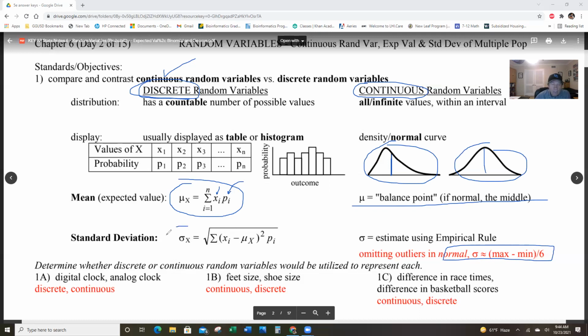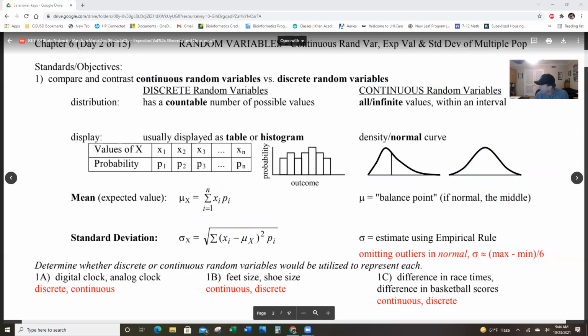And the standard deviation for a discrete random variable is every individual number minus the mean squared, multiplied by its individual probability, and then square rooted. Again, it can be very, very long to do, but I'll do this and you won't find it difficult. It's just a little annoying. Okay. All right. So let's give this a try.